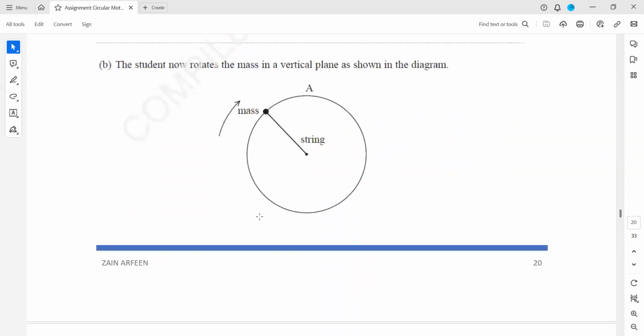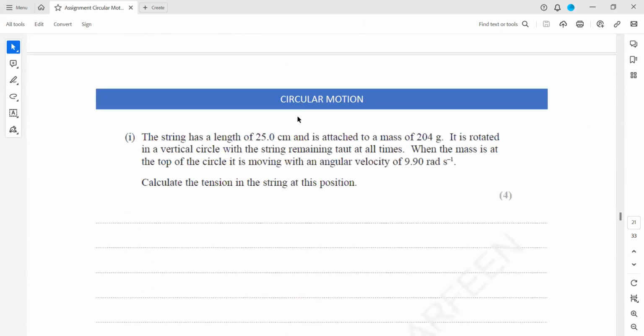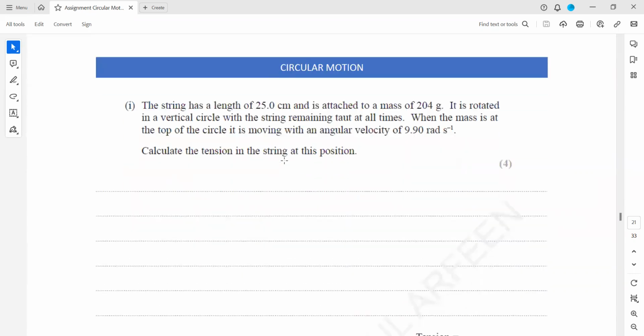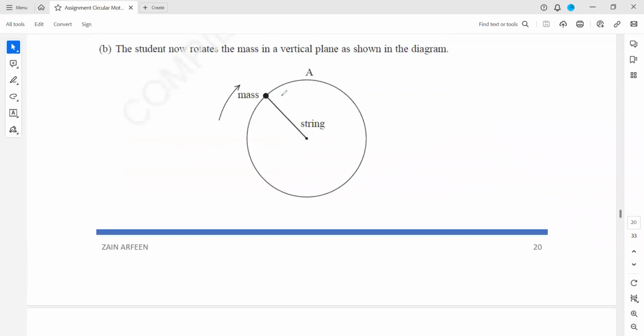Now the student rotates the mass in a vertical circle, as you can see. When it is moving in a vertical circle, at position A we have to apply a minimum tension. At position B, we have to apply a maximum tension. The string has a length of 25 centimeters. This 25 centimeters is actually the radius, because the length is equal to the radius when the object is moving in a vertical circle,